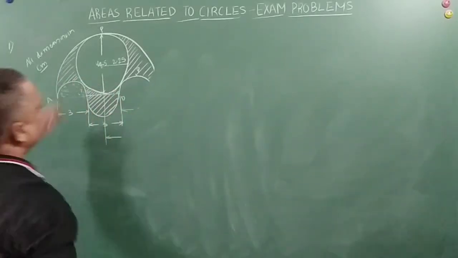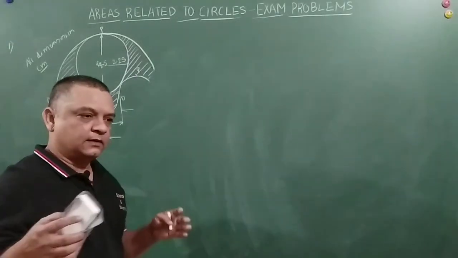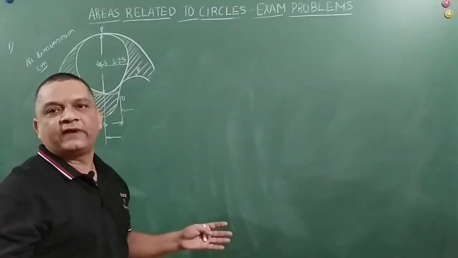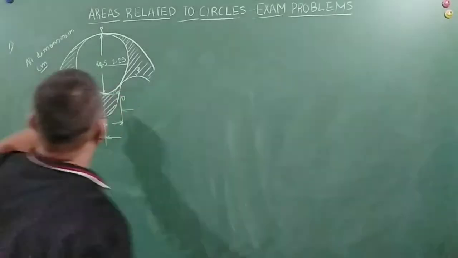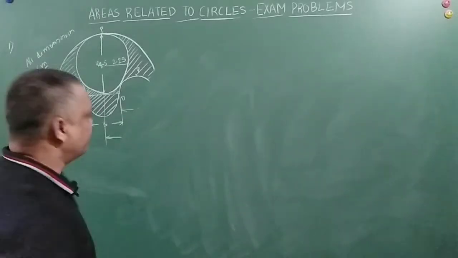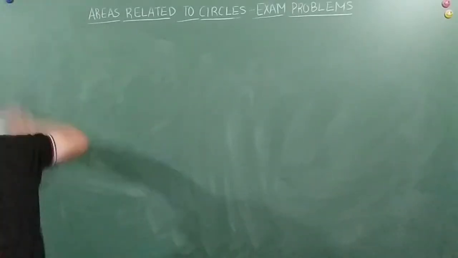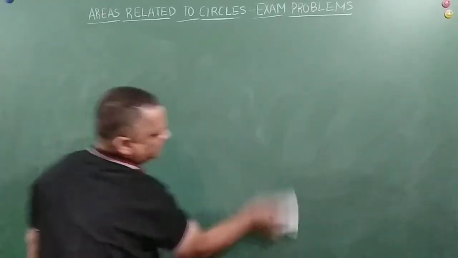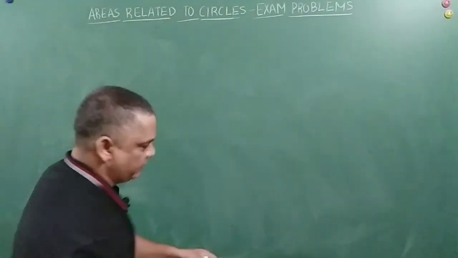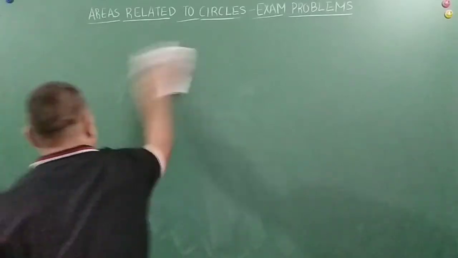So always remember, friends, whenever you are given a figure, first try to analyze what is the best way, or what is the easiest way, or what is the shortest way in which I can find out the area of this shaded region. Okay, so by flipping this and adding here, we actually reduced one step, which would have taken another 1 minute extra, right? So when you are rushing against time, even 1 minute is very important, friends, when you find yourself short of time. So no problem. Let's move on to the next one.